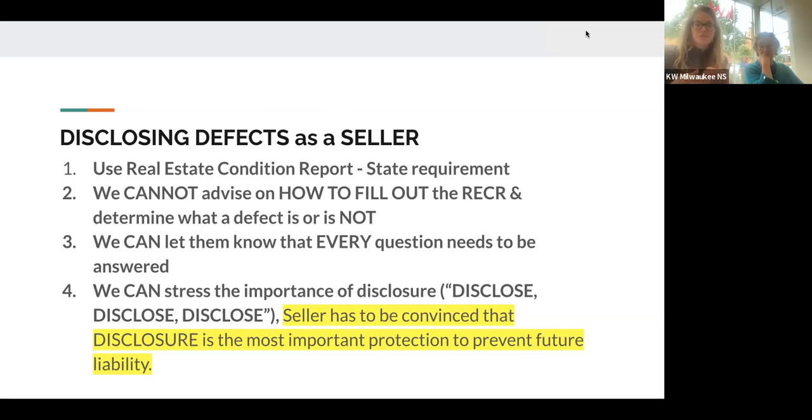Using the provisions of the offer to purchase might be able to head this off and state in there, buyer to receive a completed real estate condition report no later than 4 days after,